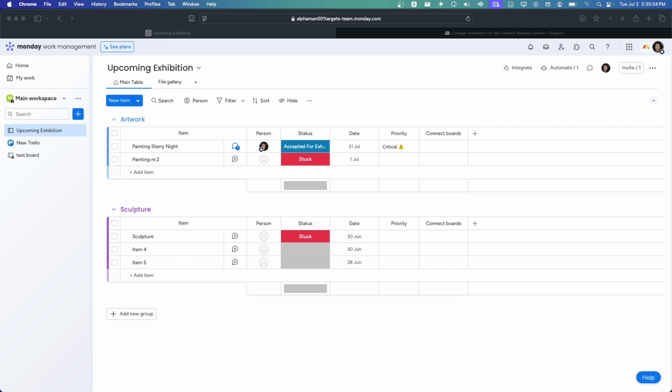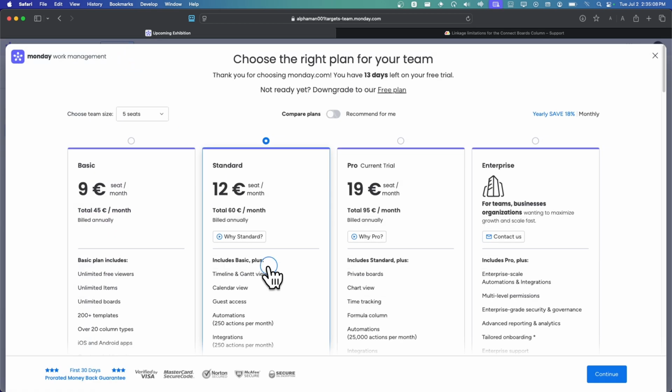For the standard plan, this allows you to connect up to 5 boards. The pro plan increases the limit to a more comfortable 20 boards. Nice. And with the enterprise plan, you really get a lot of boards, about